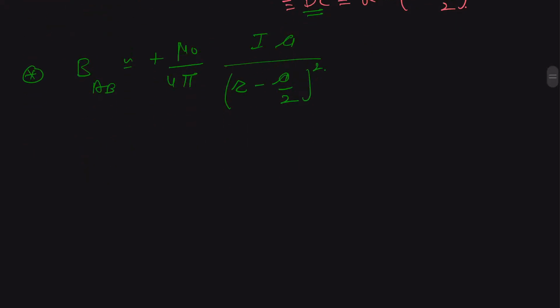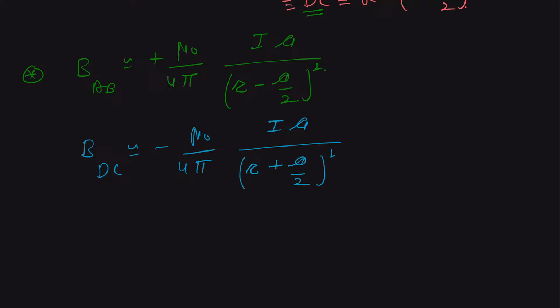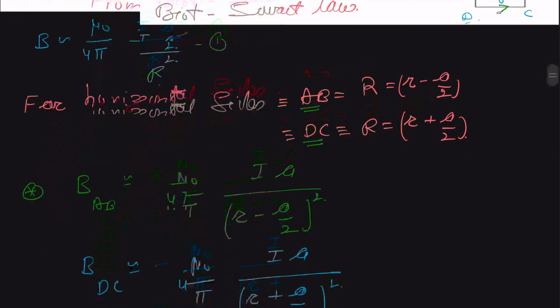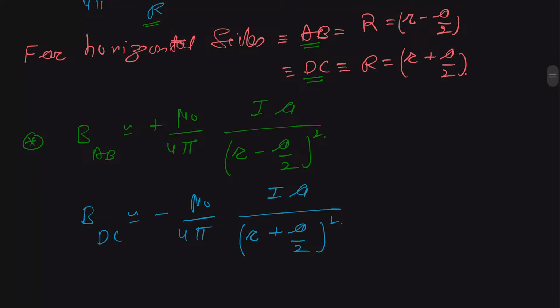Similarly, we can write the magnetic field due to side DC approximately as minus mu naught upon 4 pi, and this comes as I times A upon R plus A by 2 whole square. And from this figure we can clearly see that the direction of the current in AB and DC are opposite. Okay, in AB it is flowing from B to A, and in DC it is flowing from D to C. Okay. So one direction we take as positive, the other direction obviously will be negative. Okay. So it means that our net field